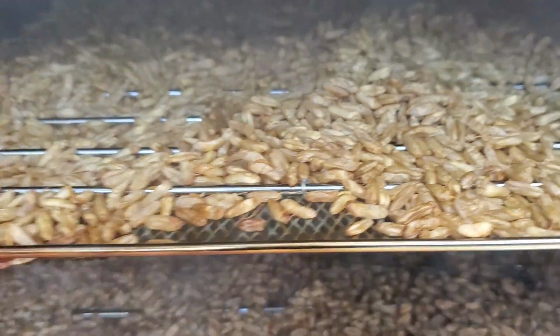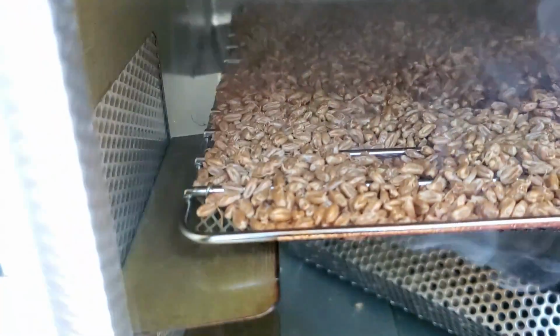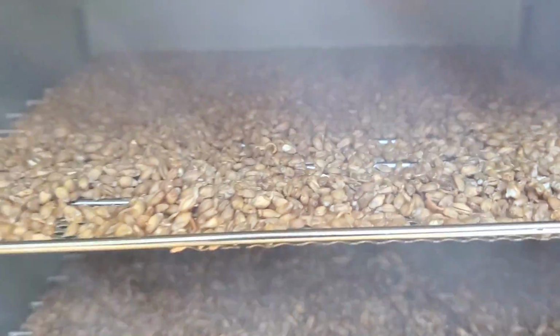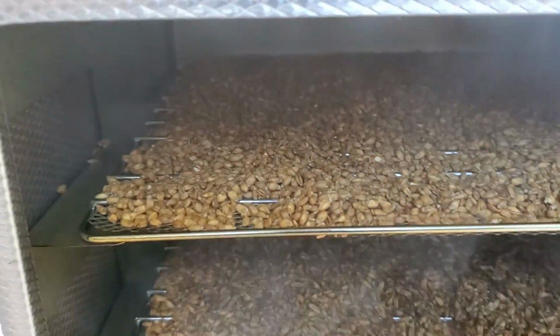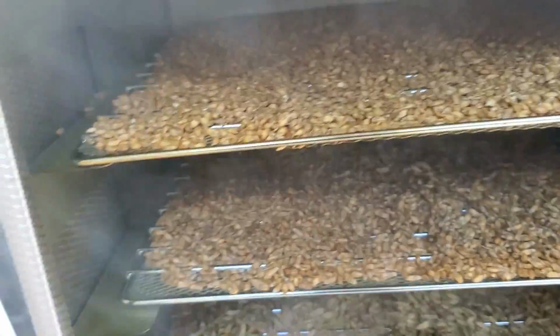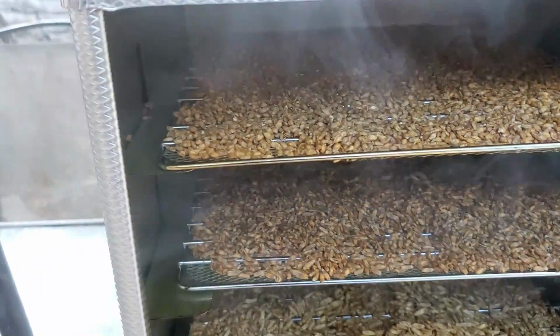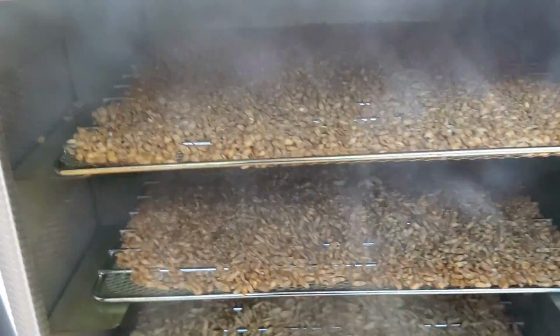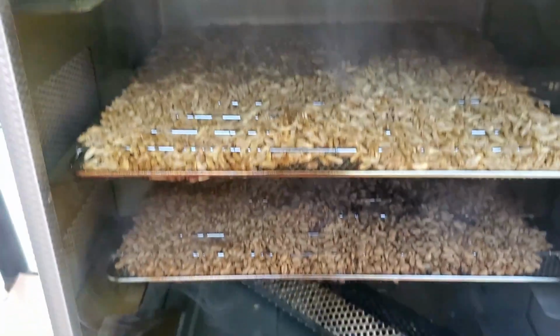This is the Coruscant. You remember how yellow Coruscant was? And if we look from the bottom, you can see it's picking up that red oil really well. The red wheat has really picked up a lot, so it's doing very well. I'm going to go ahead and leave it on the full duration, but I could pull this off right now and it would make an extremely smoky beer, and it's going to make a moderately smoky whiskey, just by what